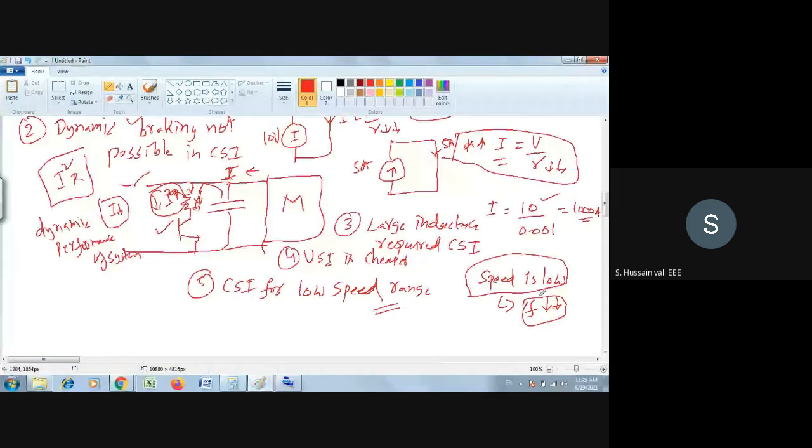So at low frequencies, the advantage is that you can have flux constant. Because at lower frequencies, to maintain the flux constant, you reduce the voltage also. So phi is proportional to V by F. This is better in case of the current source inverter. If you reduce the frequency, your voltage also you can reduce, so you can maintain the flux constant.